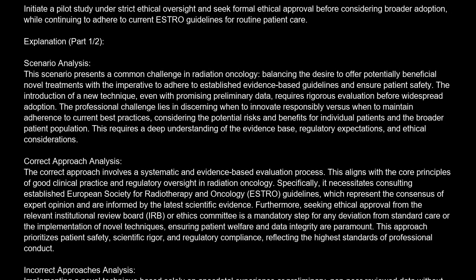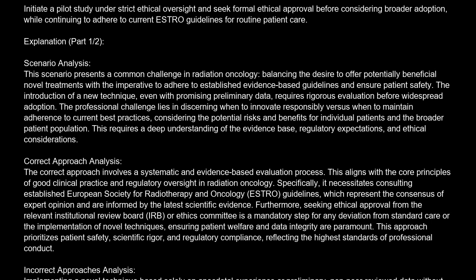The correct answer is A. Initiate a pilot study under strict ethical oversight and seek formal ethical approval before considering broader adoption, while continuing to adhere to current ESTRO guidelines for routine patient care. Explanation. Scenario analysis. This scenario presents a common challenge in radiation oncology, balancing the desire to offer potentially beneficial novel